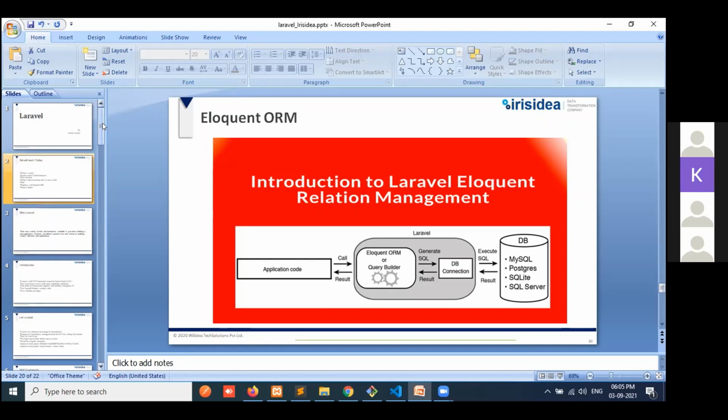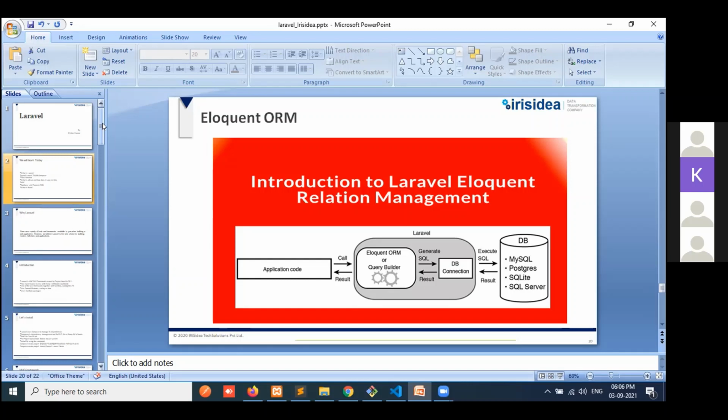Another best feature provided by Laravel is its command line interface. We do not need to create each file and write all the code. Just type the command and it will automatically create the files, like authentication, blade files, and also the seeder. This is easier, and it is not provided by CodeIgniter or plain PHP, because we need to implement things manually in CodeIgniter. There is no command line interface there.